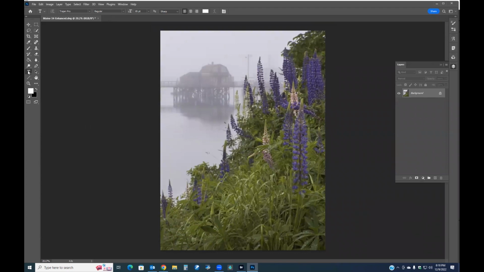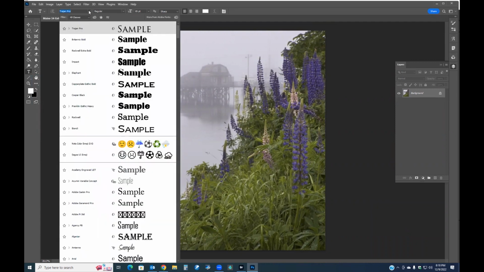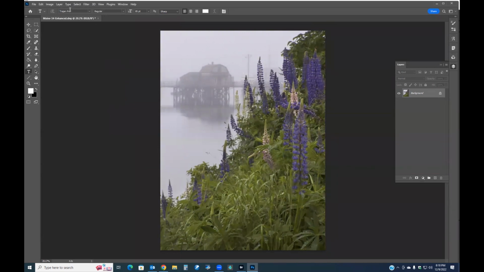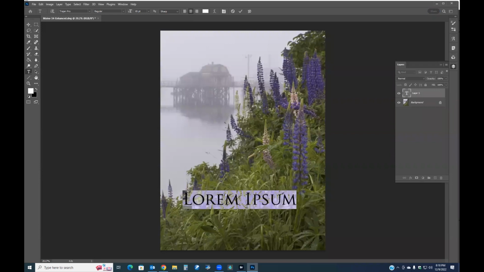By using this type tool, I can go up here and you can look at all the different fonts. And again, if you're not seeing the fonts in the size that you'd like them to be, all you have to do is come up here to the type and say font preview size and choose huge. Now I'm just going to grab this one called Trajan Pro, and I'm not going to worry about the size. And I do want to have this centered, so I should be able to click here. This lorem ipsum comes up to show you a sample of what it's going to look like. And now I'm going to type